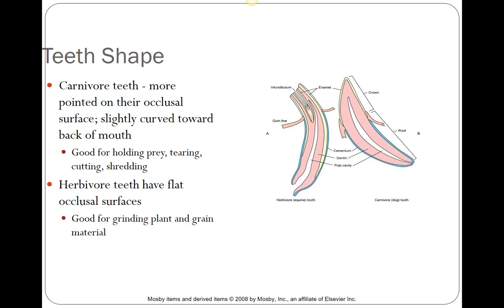And so you can see it's a lot flatter. It's not as pointed. So it's actually meant for grasping and tearing off forages instead of meat. Another thing you can see here is that the root canal goes a lot further up and is a lot thicker right here in this pulp cavity in a carnivore tooth, whereas in a herbivore tooth, it's a lot more narrow when you get up here into the crown,